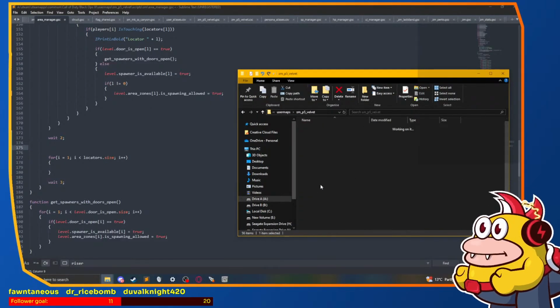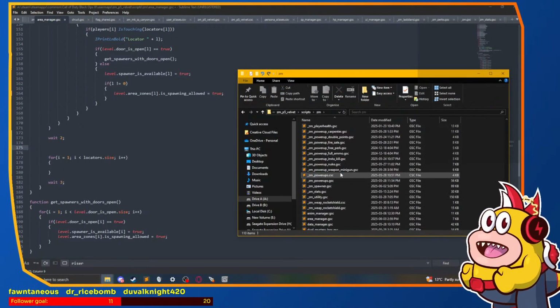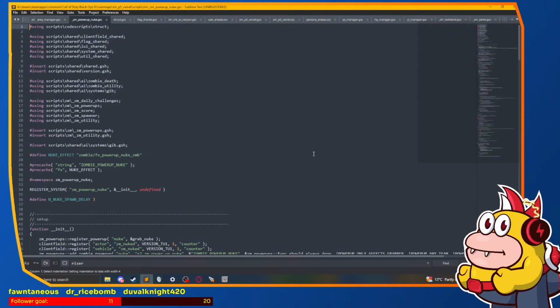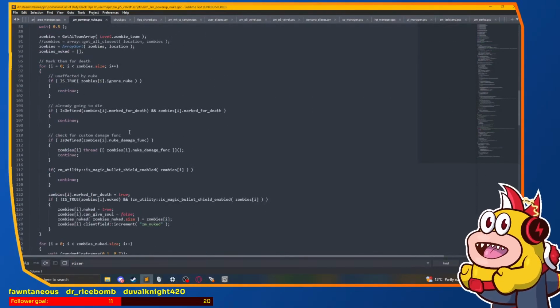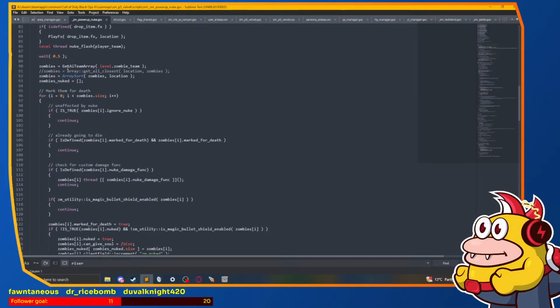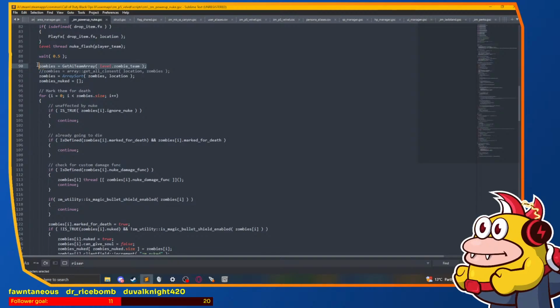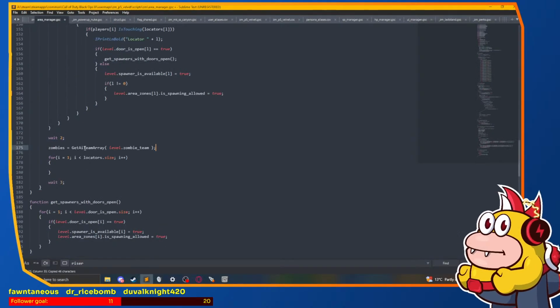I think in the nuke one maybe we would get all zombies. Power up nuke. Yeah, right here. So zombies get AI team array, level.zombie team. To do that,